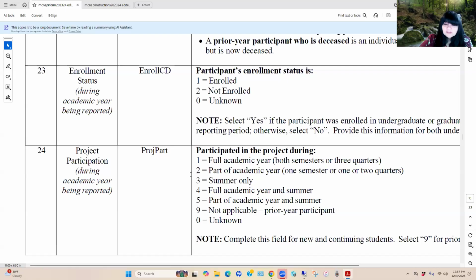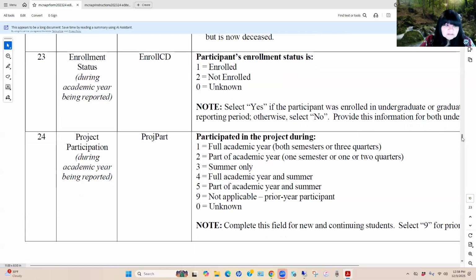You'll also notice that we have a field, number 9, where we would respond to a participant who is a prior year participant. Okay? Even though you do have an option here that says unknown, you should know. And so you should try to limit any opportunities to use these unknown fields or responses, okay? Because sometimes they come back and say, well, we have a question, you've indicated that they're enrolled and that they participated, but yet you use unknown. So it kind of raises a question about when that participant may have received program services.